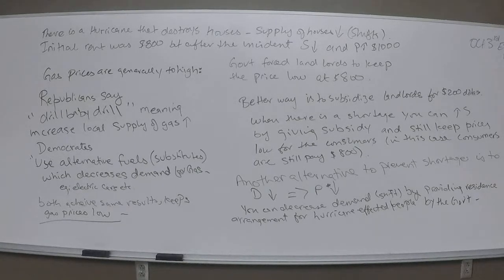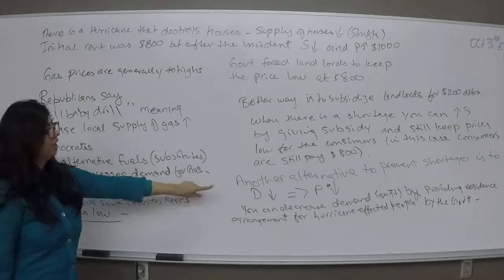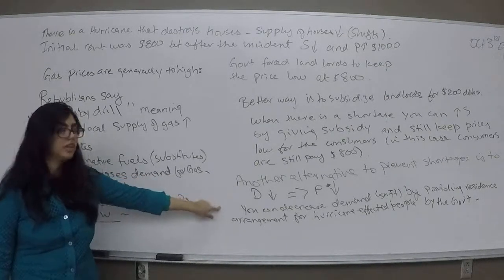So how many times have we heard this debate on TV? Republicans saying we should drill the gas here and not buy gas from international countries because it's expensive. If we drill it here at home, it will be much cheaper and it will increase the supply. Democrats say use alternative fuels, electric cars, etc. That will also decrease the demand for gas and it will decrease the price. So it achieves the same result, keeps the price of gas low. So same way here, if government provides alternative residence for hurricane victims, the prices